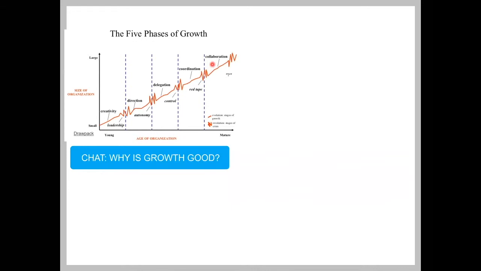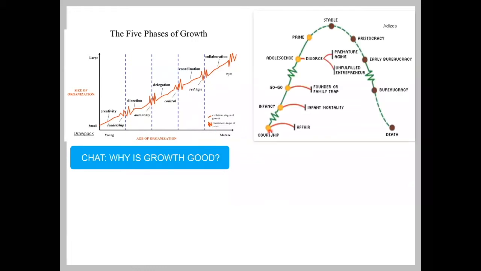different stages. The thing I find a little difficult with this one is that it seems to correlate these different stages with one thing, and that is age. And that's not really right, because we know organizations that are 20 years old, they're essentially still startups. And we know some that are a lot younger that are much more advanced. So I find it not that generally useful when you think about it that way.